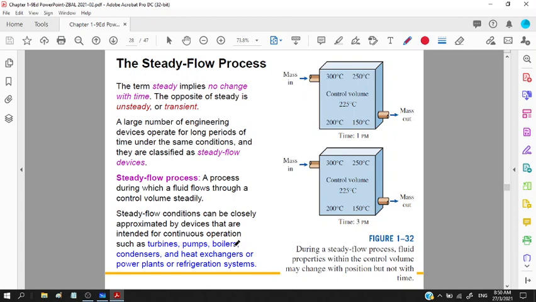So in thermodynamics, we have a lot of flow devices. For example, we have pump, turbine, heat exchanger, compressor, and nozzle. These types of devices, we always assume as steady flow. When we have a steady flow, what is implied is that the mass in is equal to the mass out. That is called steady flow. Steady state means properties do not change with time. Steady flow means the mass in equals the mass out as far as the flow device or open system is concerned.